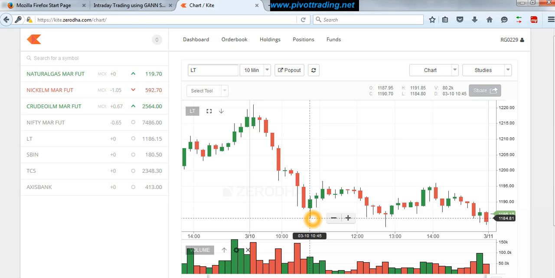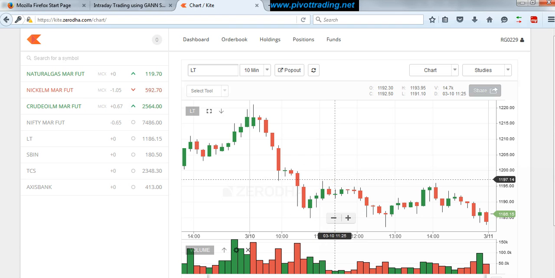But as I mentioned before, either we would have kept a trailing stop loss at target 1, or we would be waiting for target 3. If we would have kept a trailing stop loss at target 2, that is at 1190, in the next 5 minutes our trailing stop loss would have been hit. Since only target 2 was achieved, our trailing stop loss would have been at target 1, that is 1199. So 1199 is here, and as you can see, after target 2 is achieved, 1199 never came back. So our trailing stop loss was not hit.